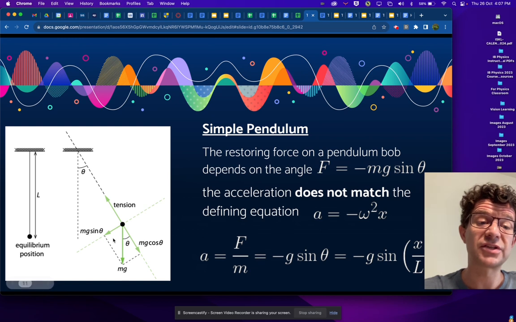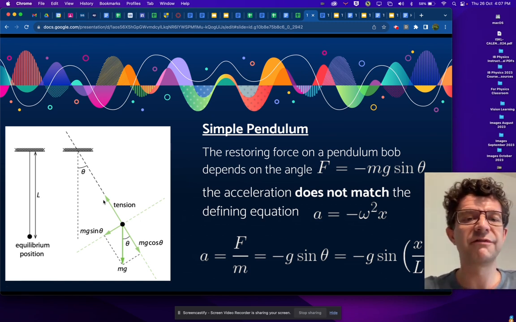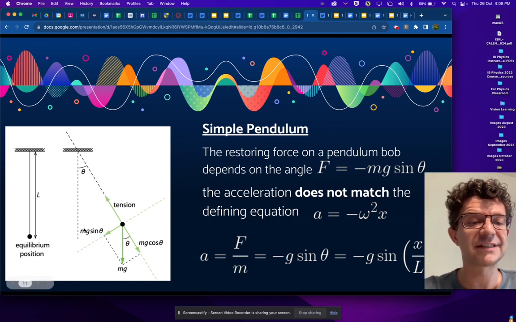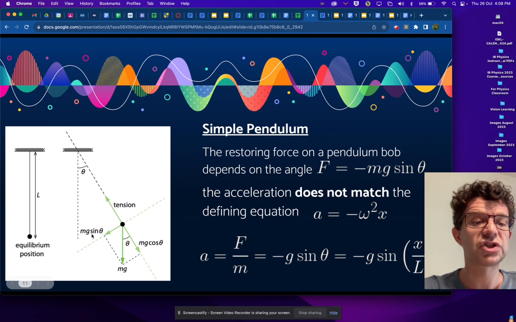While it's undergoing circular motion, you may need a larger tension to provide the centripetal acceleration. But that's not going to end up being particularly important for the simple harmonic motion part of this. Okay, side note done. Coming back to the simple pendulum, what we find is that there's a restoring force that